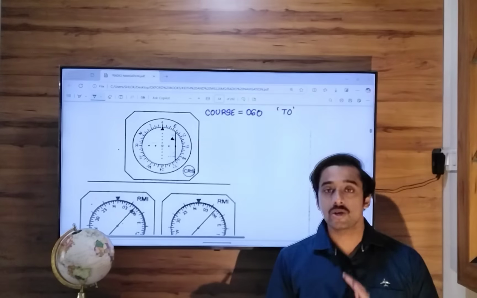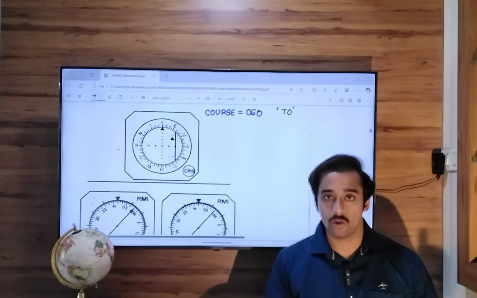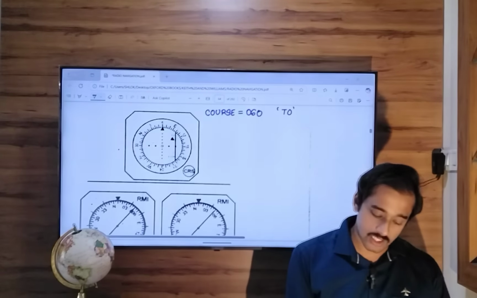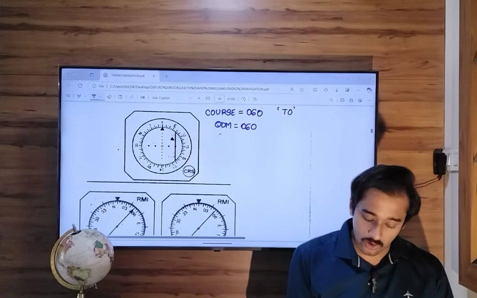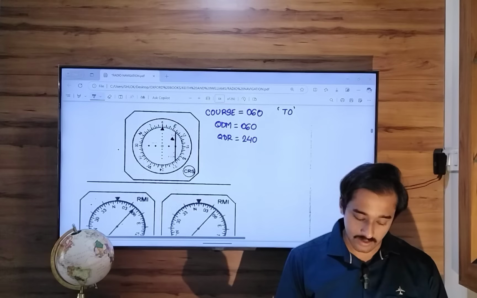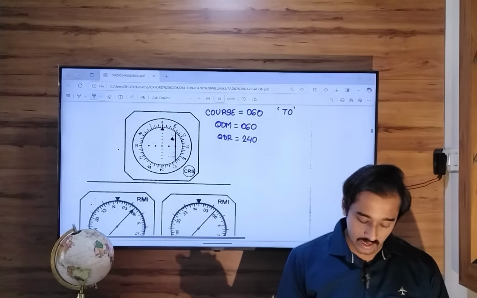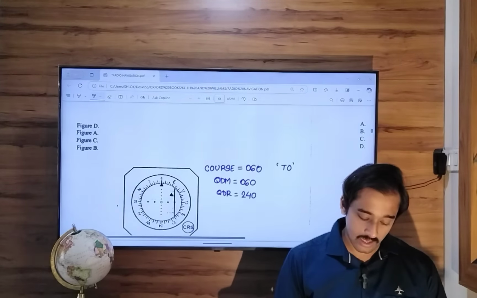That means you are flying towards the VOR station and the track towards the station is 060. If the track towards the station is 060, the track from the station will be the reciprocal, 240. Next thing, your aircraft should be on a heading as given in the question,